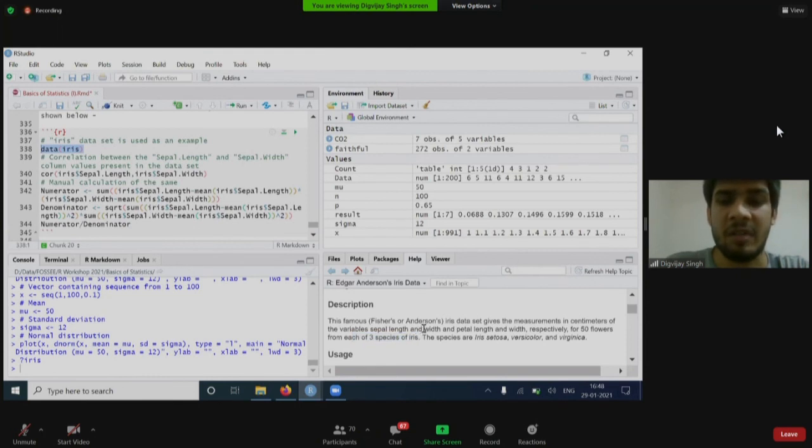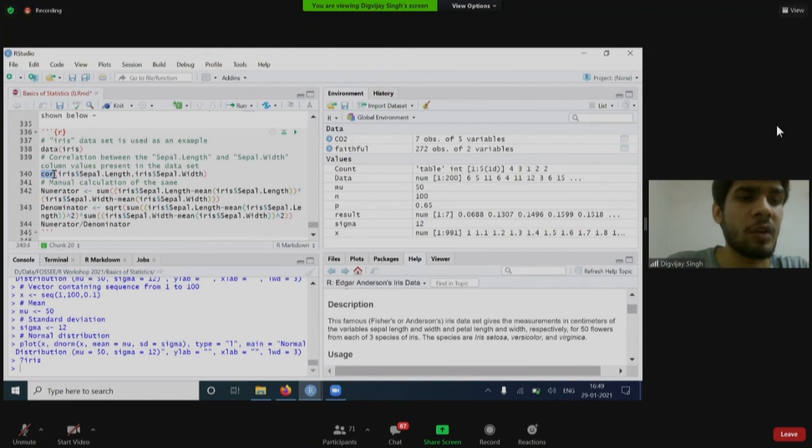So it contains measurements related to flowers of 3 species of iris. What I have taken here, there are 4 columns associated with the sepal length and width and petal length and width. So what I'm trying to find is a correlation between the sepal length and sepal width.